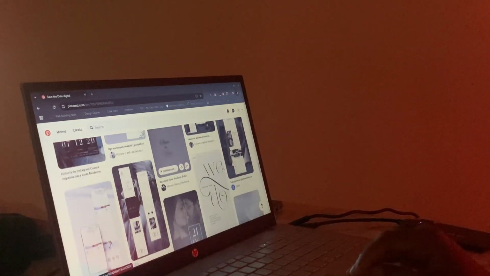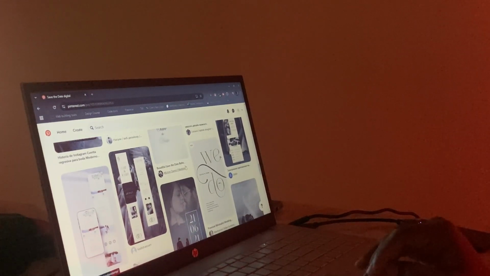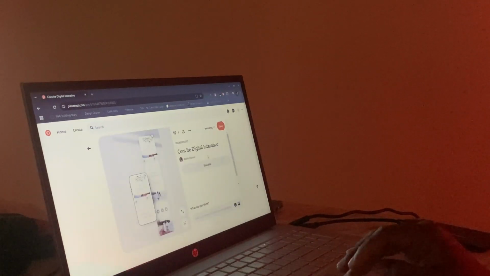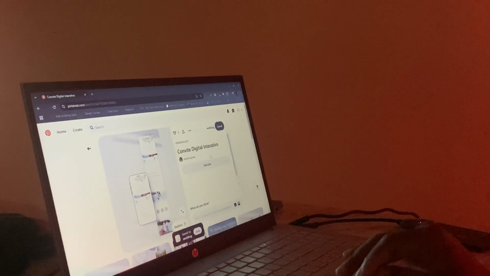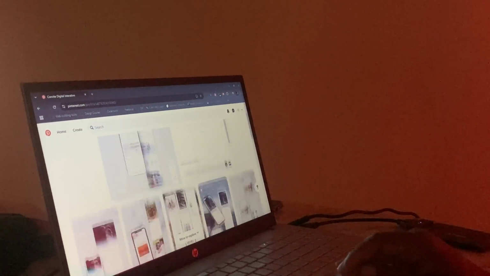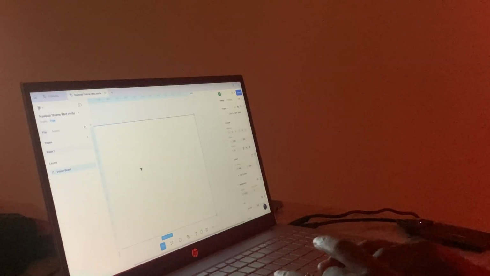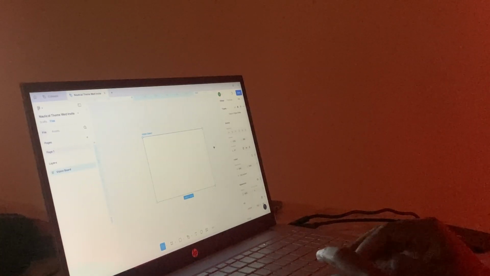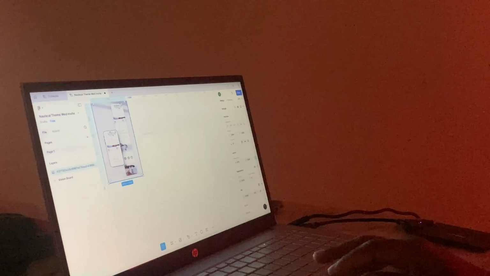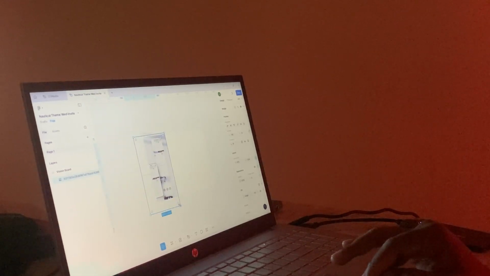When starting a design for any website, I would normally use Pinterest to get my vision board ready, just to have an idea of the things that I would want on the website, the style, and the types of fonts that I would be interested in.